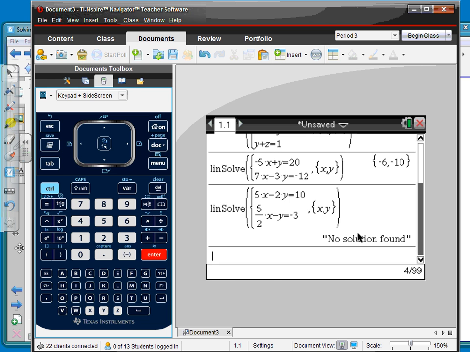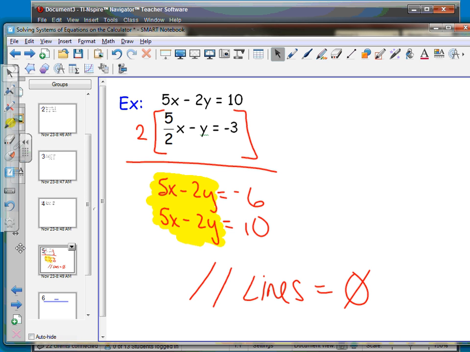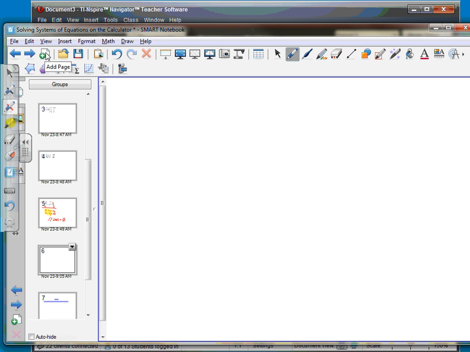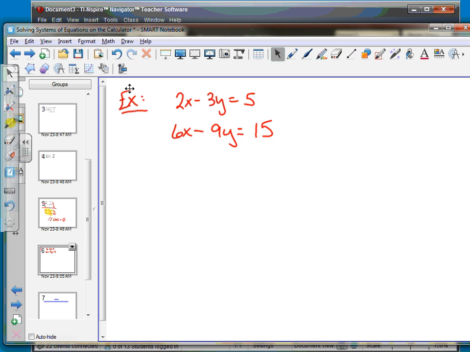Okay? Now, I did not show you this last one, so let's go ahead. I'm going to insert a page. What if we were to do 2x minus 3y is equal to 5? And now what if I were to multiply that by 3? That would give me 3 times 2 is 6x, 3 times 3 is 9y, and 3 times 5 is 15. What do we know about these 2 equations that we just came up with? They're supposed to be exactly the same, right? So they are the same equation,